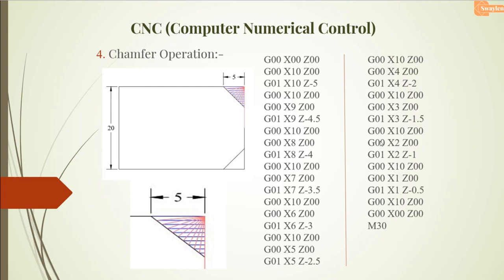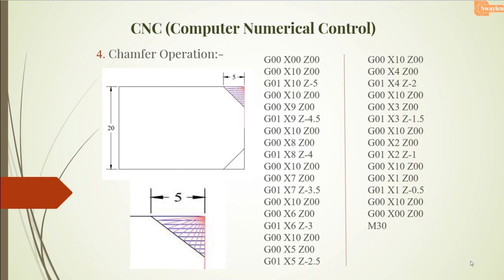So after that our program starts from this point. Now the tool moves upper side, meaning here. Now cut like this motion, again backward, downward side, again cut, backward side. Now downward side, again cut, backward side. So by this motion the chamfer is cut.